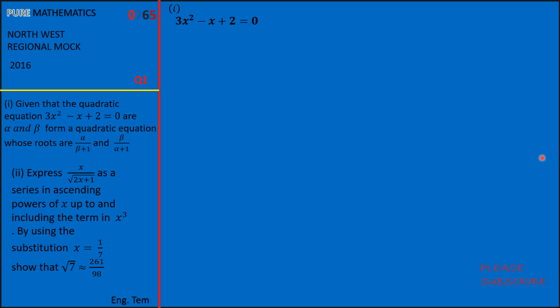So our quadratic equation has been given to us, which is 3x squared minus x plus 2 equals 0. Dividing all through by 3 gives us x squared minus 1/3 x plus 2/3 equals 0. Now we know that any quadratic equation can be written in the form x squared minus sx plus p equals 0, where s is the sum of roots